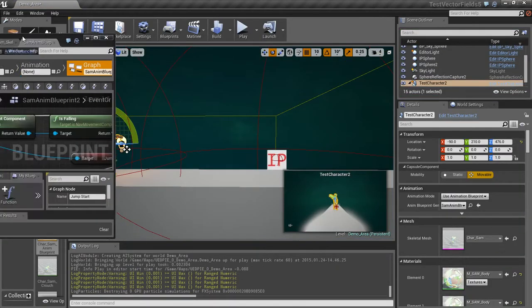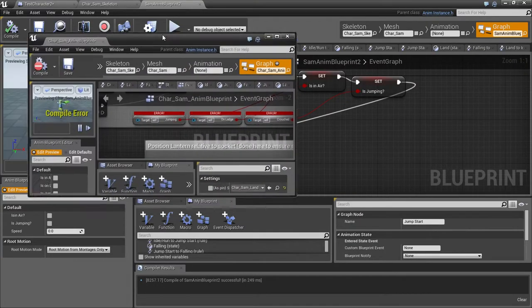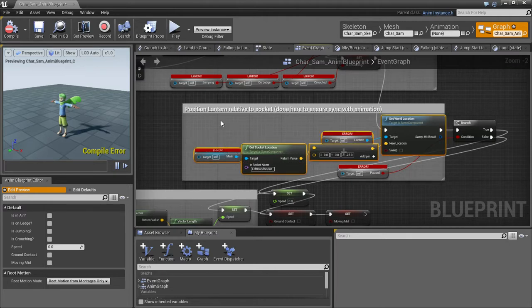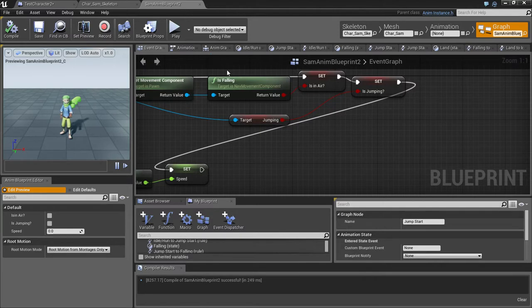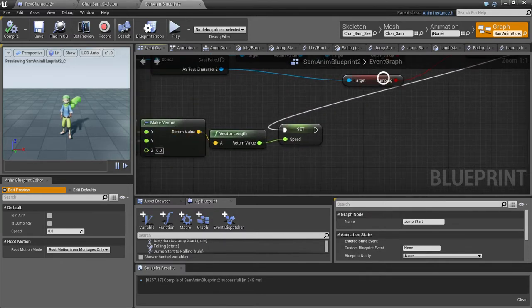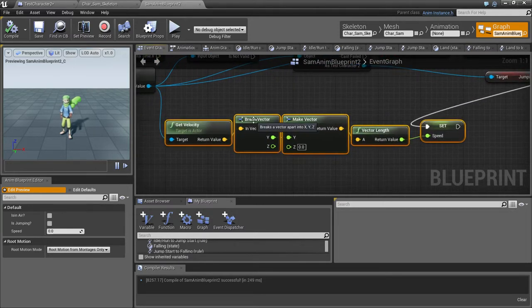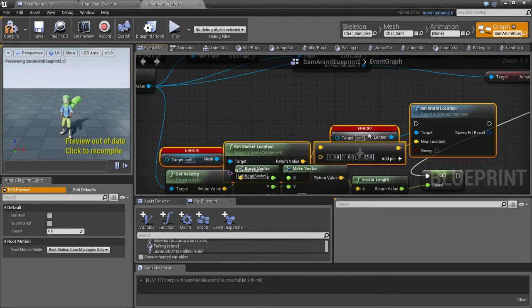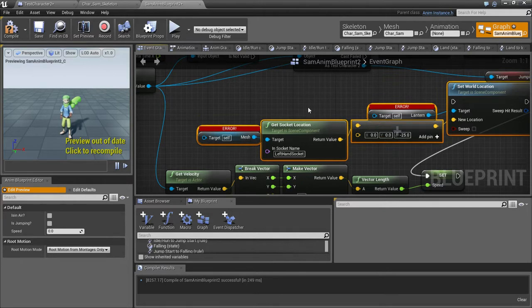Now that's undesirable, so what we've done is we used this to collect information about where the socket should be and where the lantern should be, and set it as we're setting the animation. It's a little bit of a performance overhead, but it allows the lantern not to get lost, so it's worth it. So let's start by